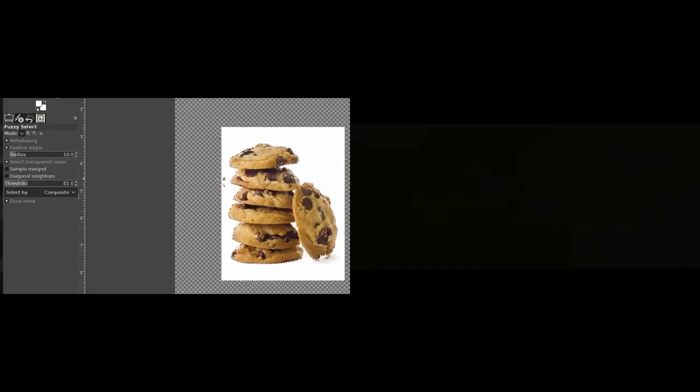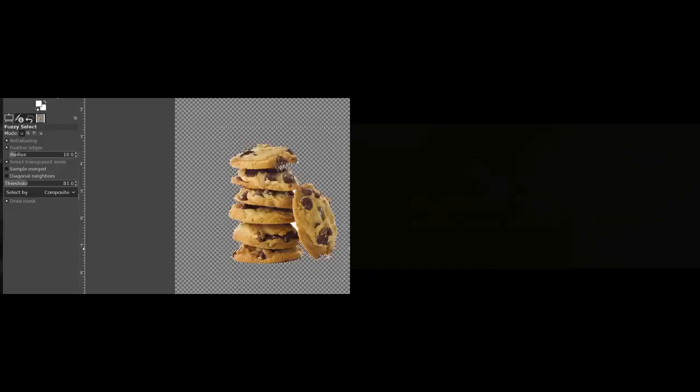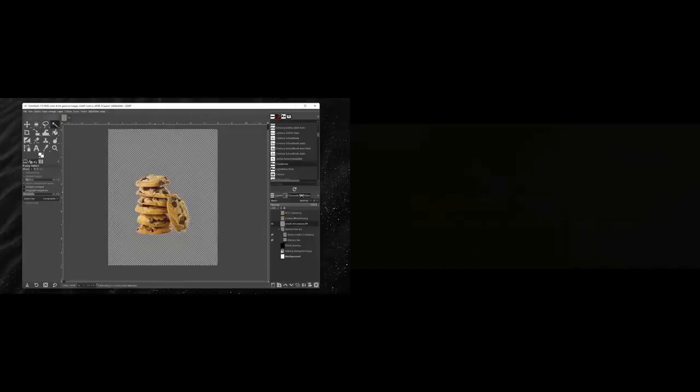You can see that area is now selected, and I can press the Delete key on my keyboard, and that's removed the background. Here I could click on this area here to just clean this up and get these spots as well. I want to make a few more tweaks to this layer or this image before I bring it